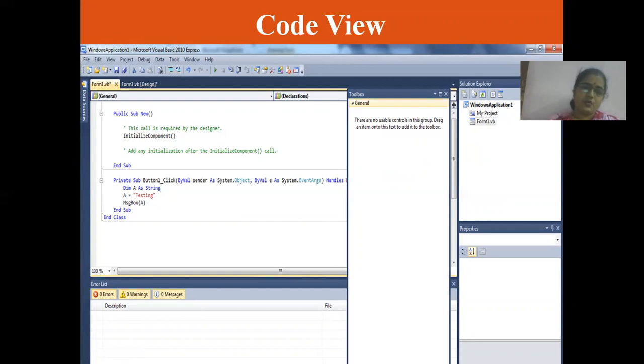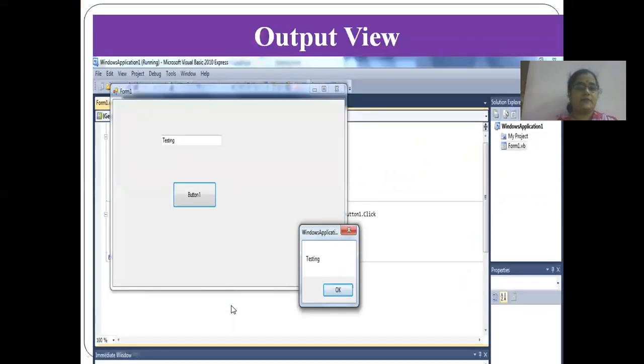I have to store the value in variable A, and through the message box I will display the message as testing. Okay, so I just give the input in the text box, then press the command button, and after pressing this command button, the message box will display testing.